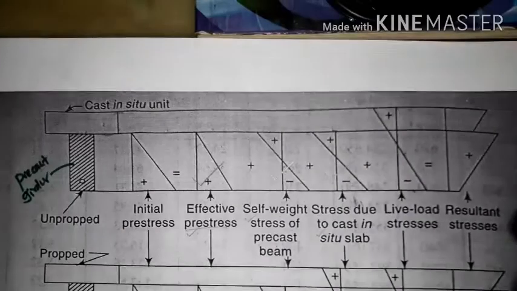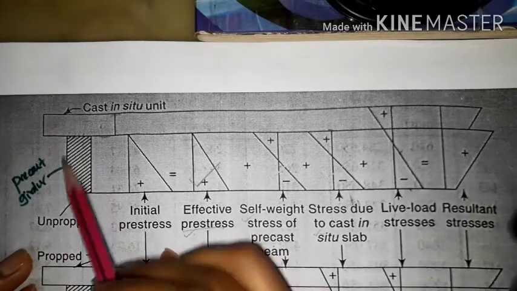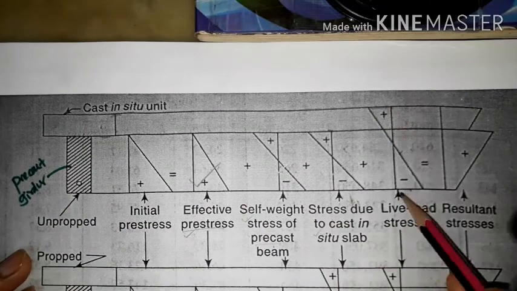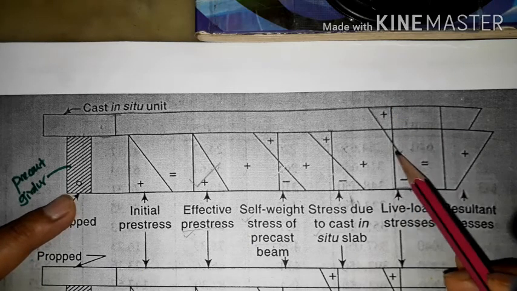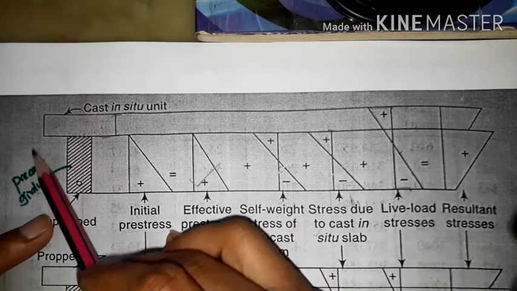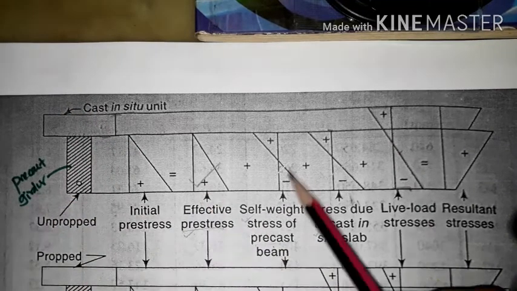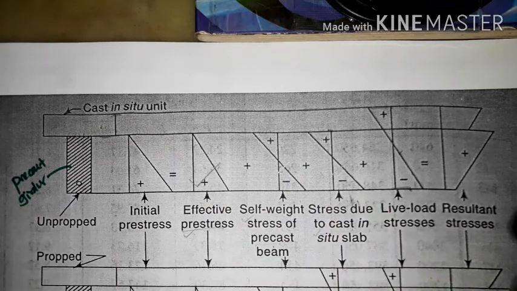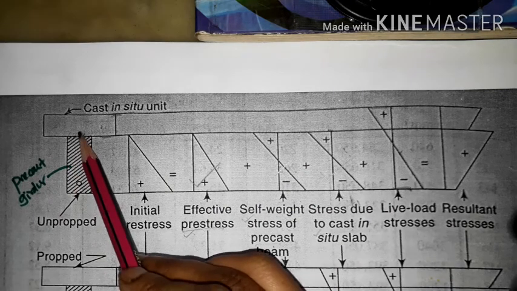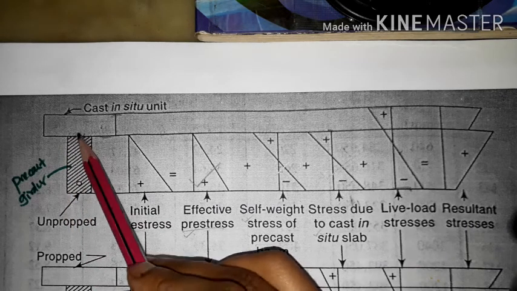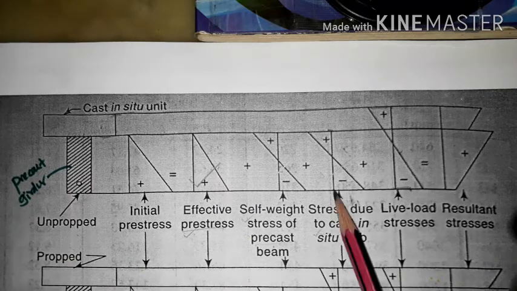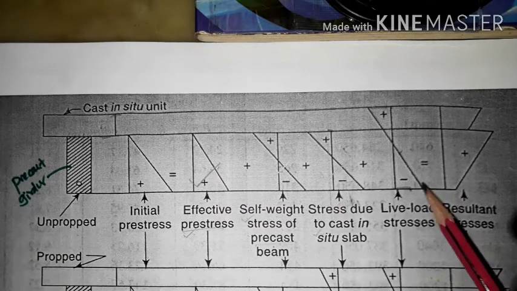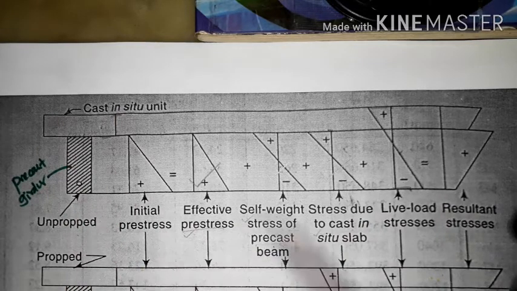Okay, so when you consider the composite section like the full section, we have to consider the stresses from the bottom of the section to the top, because it will act when we apply the live load, when we call this section a composite section. But in these three cases, we need to consider the stresses only for the pre-stressed precast girder, because it is unpropped. Propping is not done, and when the live load is applied, at that time this section will act as a composite section, and we have to get the stresses due to live load.